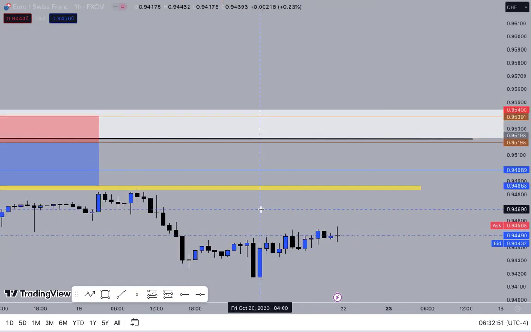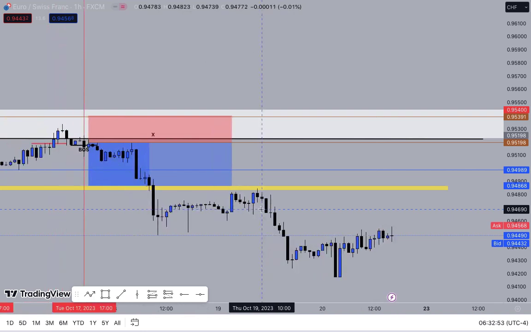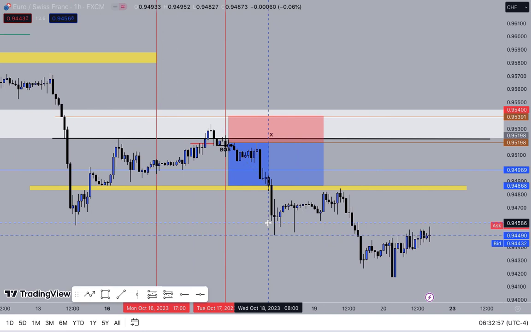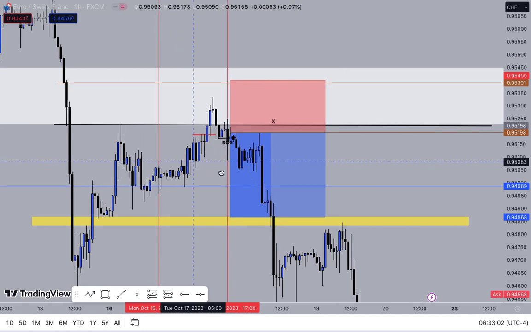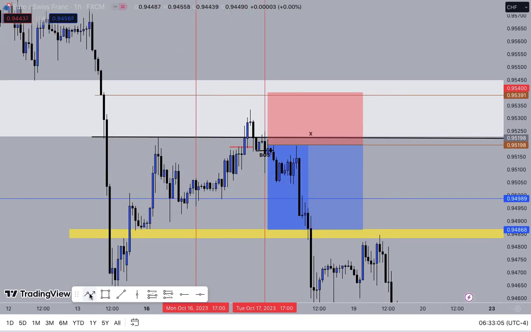Then on the 1-hour, what was I looking for? Break of structure, displacement, fair value gaps for entry, and all of that. So when I came to the 1-hour, this is what I saw: lower low,